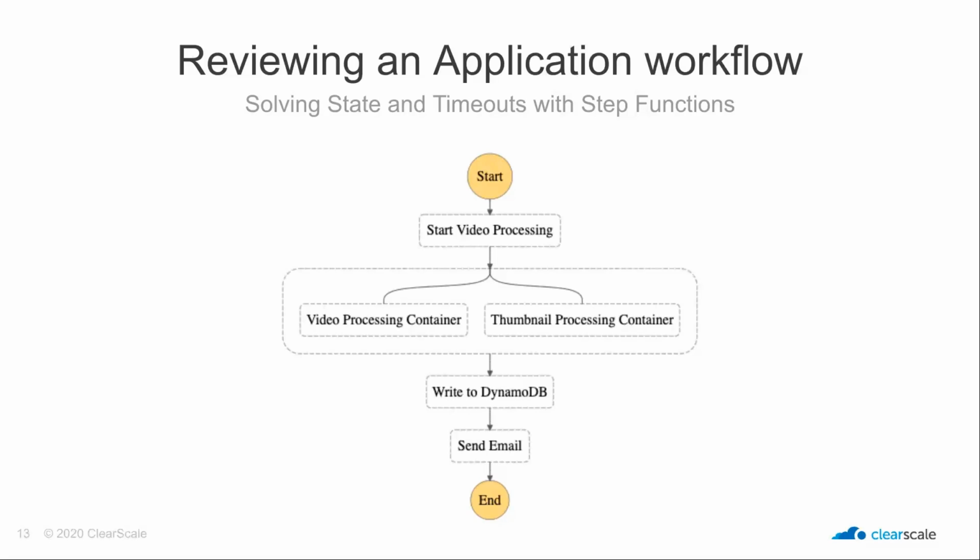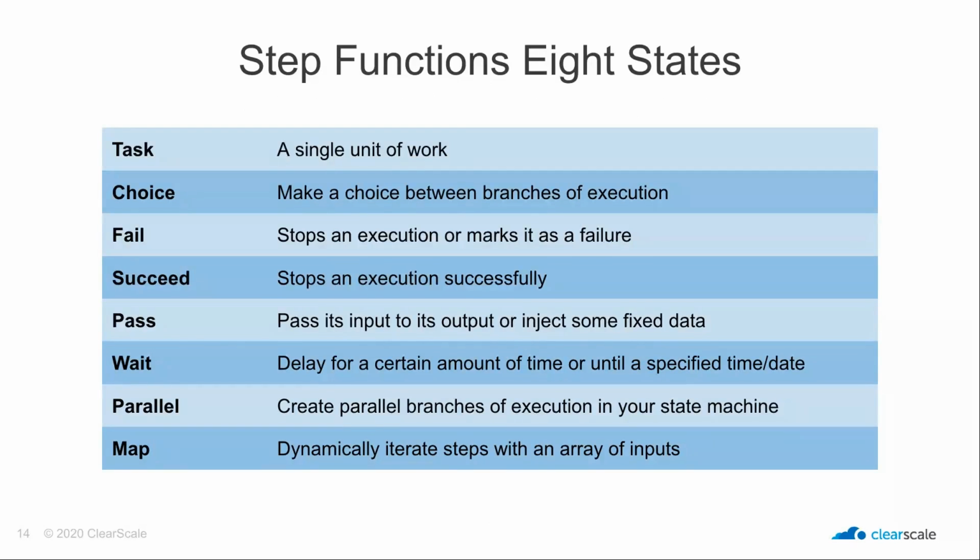For Step Functions, there's a total of 8 states that your step function can be in. So the first one is a task, like writing to DynamoDB. It's essentially just a single unit of work. We have a choice, so you can make a choice between branches of execution depending on the results of your code. You could have a fail, which stops an execution or marks it as a failure, a succeed, which stops an execution successfully, a pass, which simply passes its input to its output, or injects some fixed data within your pipeline,